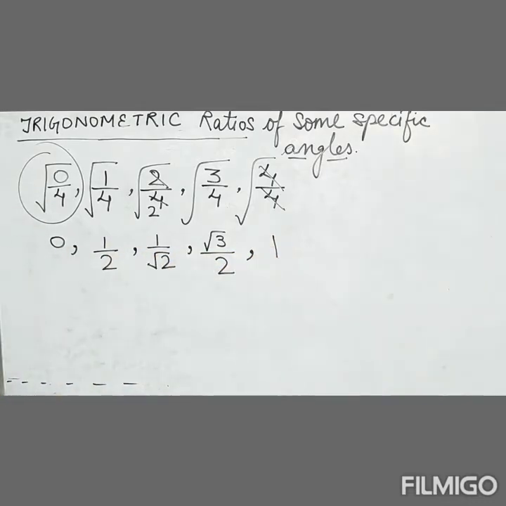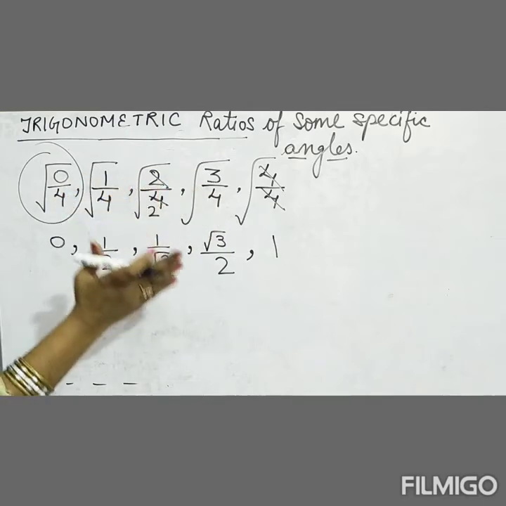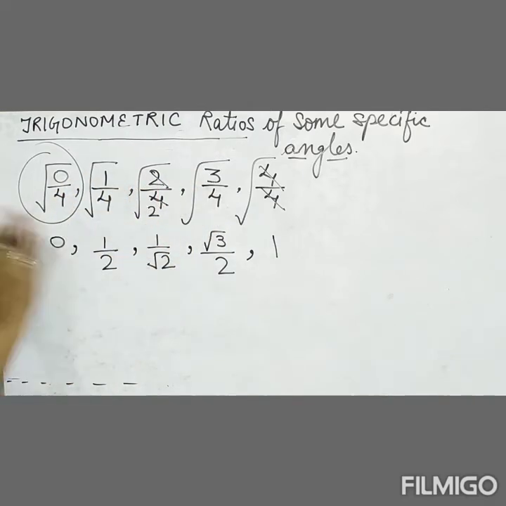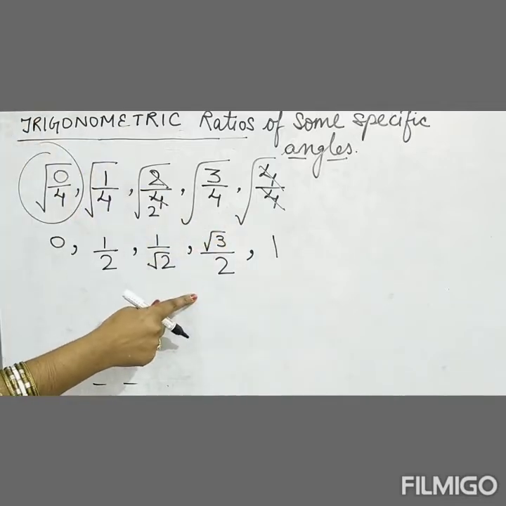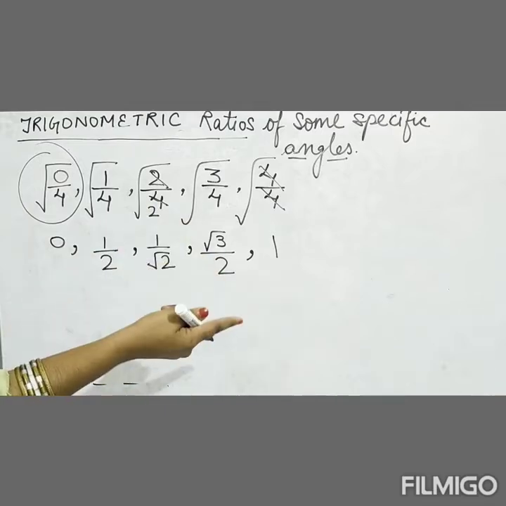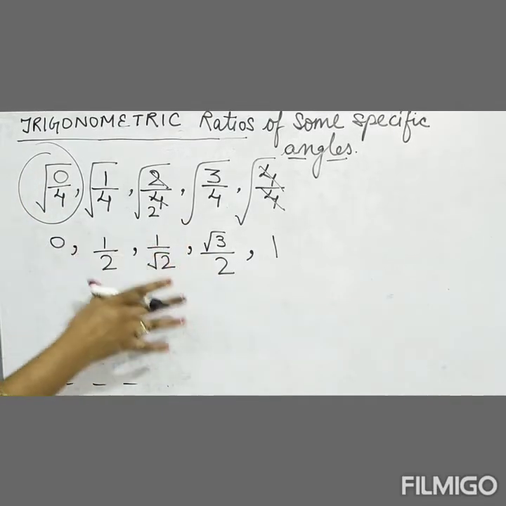So what I have done here is made the values for particular angles of sine. These are the values of particular angles for sine only. And if you know the values of sine, you can make the whole table for the 6 ratios, and those 6 ratios you know: sine, cos, tan. The reciprocals of them are cosec, sec and cot. So how will we make that?